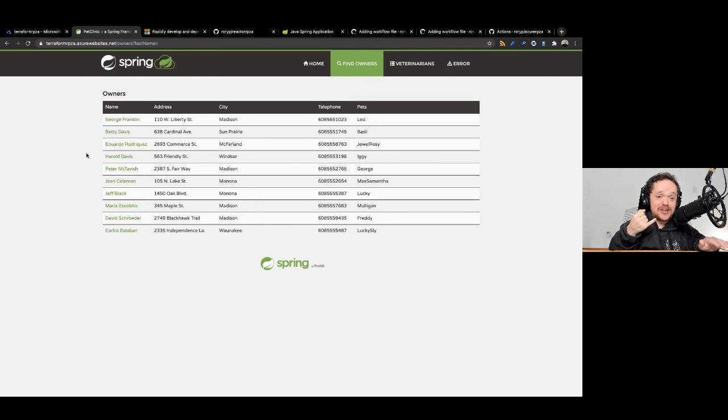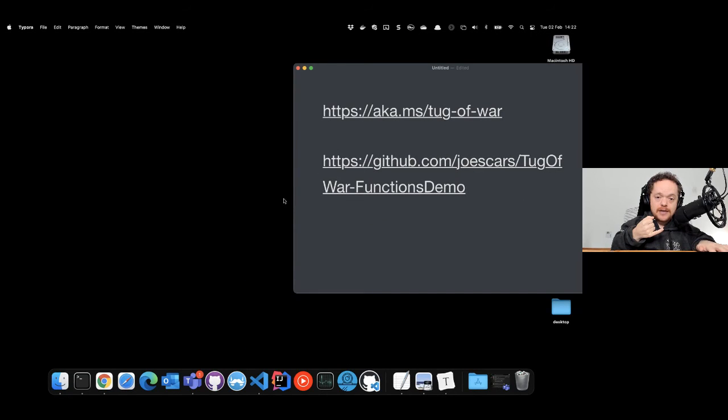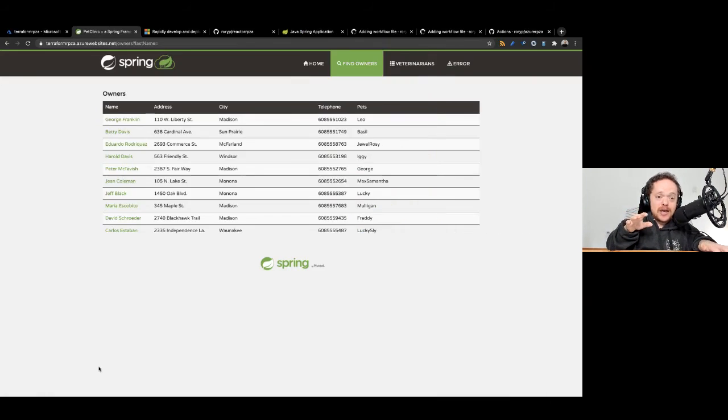So to sum up what we've done today, I've shown you Azure Functions. It's an incredible way to do that. Let me put the links there for a second. You can go to the tug of war demos there, the functions demo. I've also shown you the AKS tug of war that we did, a live tug of war. Thank you, Team One. You really killed me in that. And the last thing is the Microsoft Learn path here.